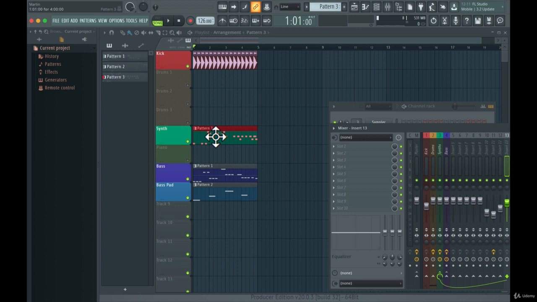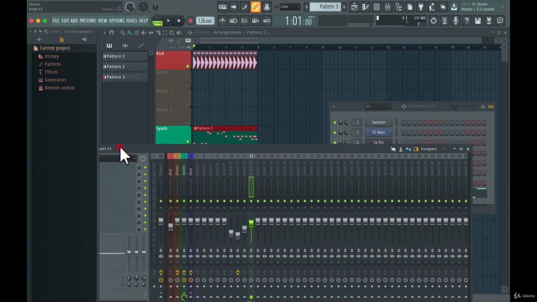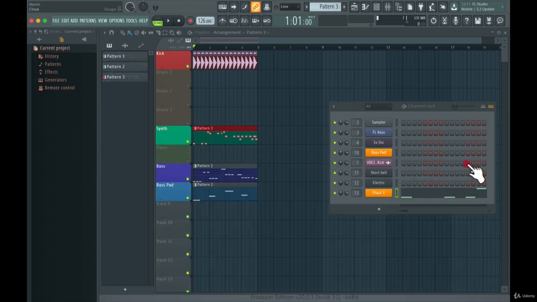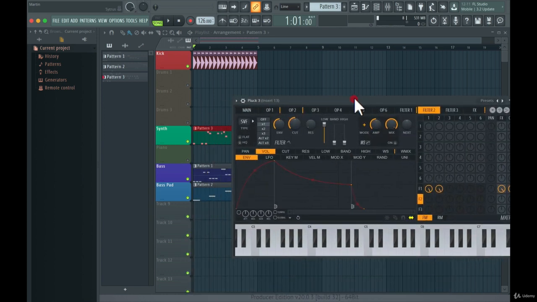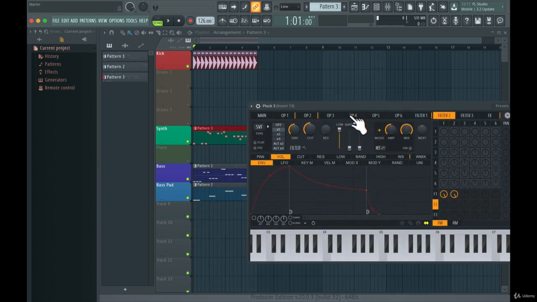There is some bending going on there, and with the built-in plugin here, Sytrus, I mean, you can do it, you can bend different notes, and you can go through the different plugin settings here in Sytrus, but for that, I would recommend some third-party plugins like Serum, Nexus, or Sylenth. They are amazing for doing this.